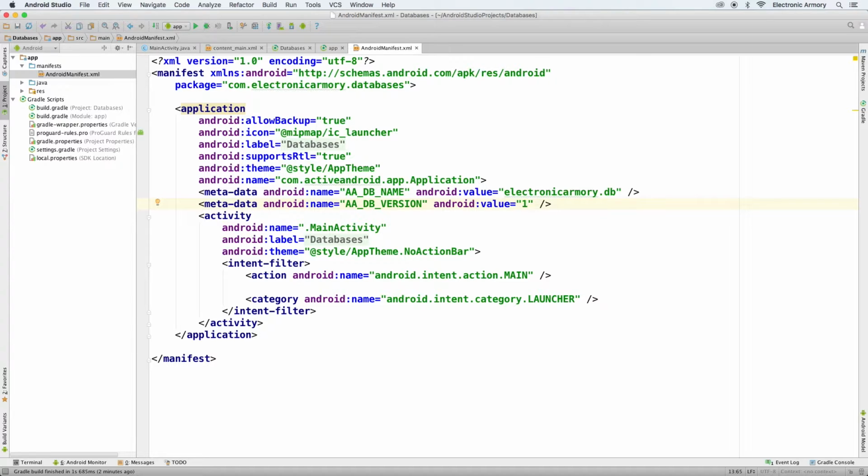When your application is running version 1 and it gets updated with version 2, you can track those changes and you can perform necessary database migration scripts depending upon which version you're on and which version you need to upgrade to. So we're done with the Android manifest file, so we'll switch back to the documentation and go to the